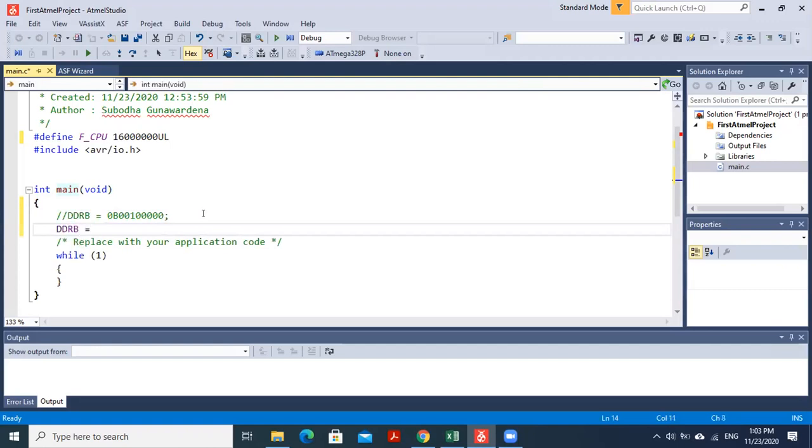equal to 0x, that is in hexa, right? 0x20. So these 4 bits are 0, corresponding to 0, and these 4 bits correspond to 2. 0, 0, 1, 0, that is 2, then 0. So 0, 0, 1, 0, 0, 0, 0, 0, or DDRB equals 0x20. Now, when I do this,